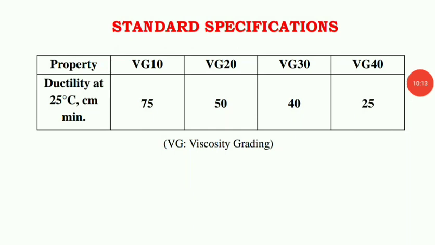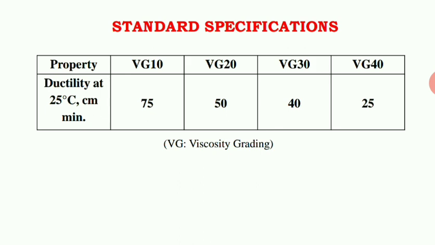And here they have mentioned VG, that is viscosity grading. So that is how they are going to measure the grade with respect to the viscosity grading. If the ductility value is 75 centimeter, then it is considered as VG 10, that is viscosity grading 10. If the ductility value is around 50 centimeter, then it represents VG 20. Similarly, a ductility value of 40 is considered as VG 30, and VG 40 stands for a ductility value of around